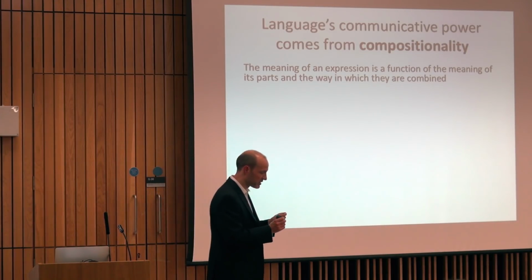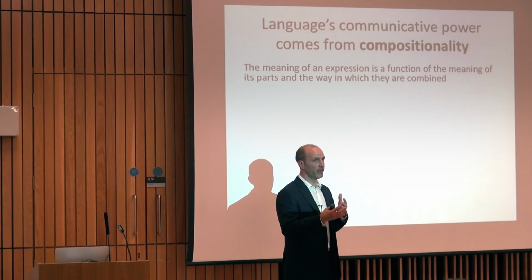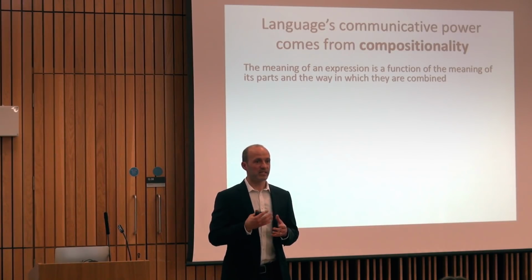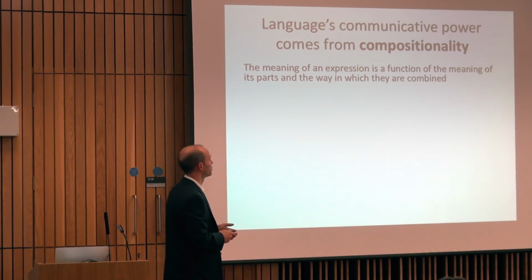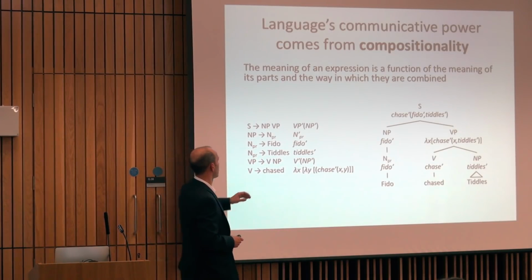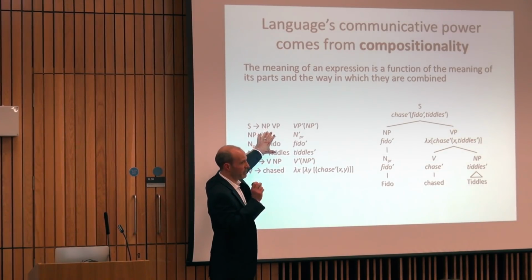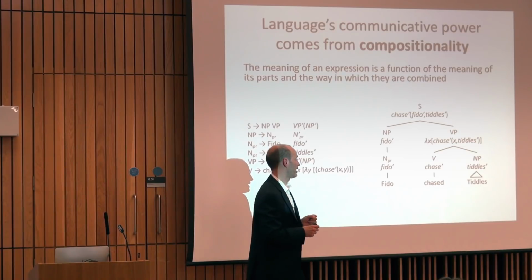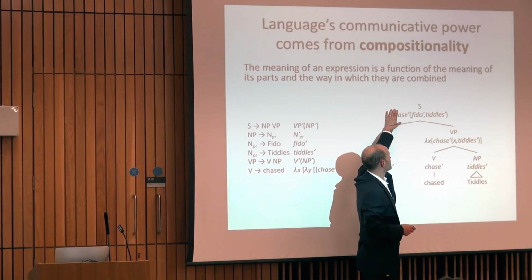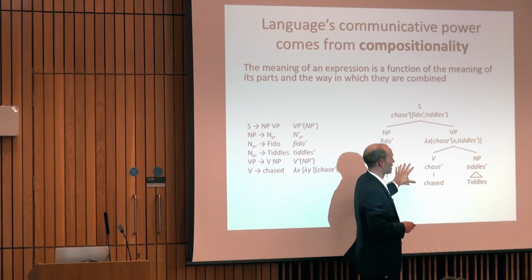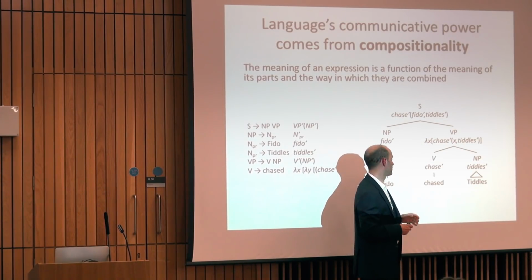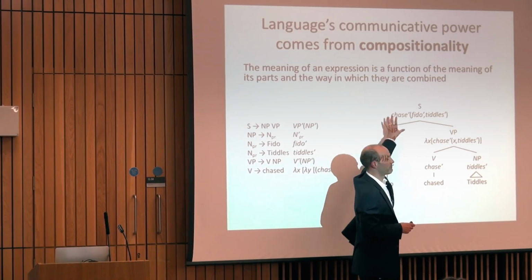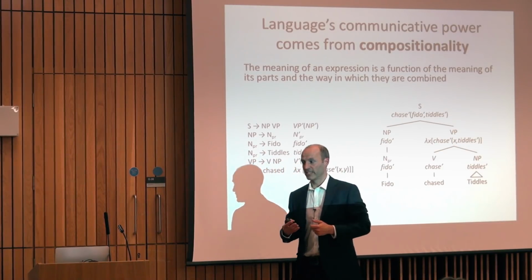If you understand the meaning of some basic units and the rules for combination and how the combination affects the meaning of the whole, then you can potentially generate an open-ended set of meaning-bearing utterances through that combination process. Okay, so when you learn a natural language, you don't just learn a grammar which tells you how you can stick words together. You also learn the predictable semantic effects of combining elements. And that means if you have a complex concept you want to convey, you know how to build up a sentence from simpler parts that conveys that concept. And if you hear a sentence, as long as you know the meaning of the component parts and the rules of combination, you can figure out what complex concept that sentence conveys.